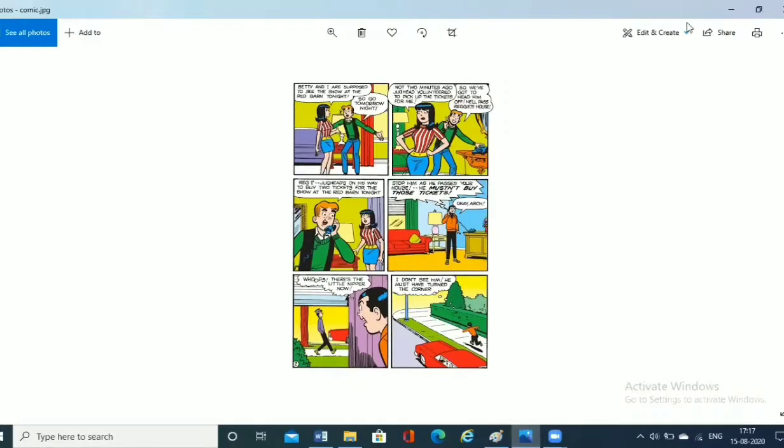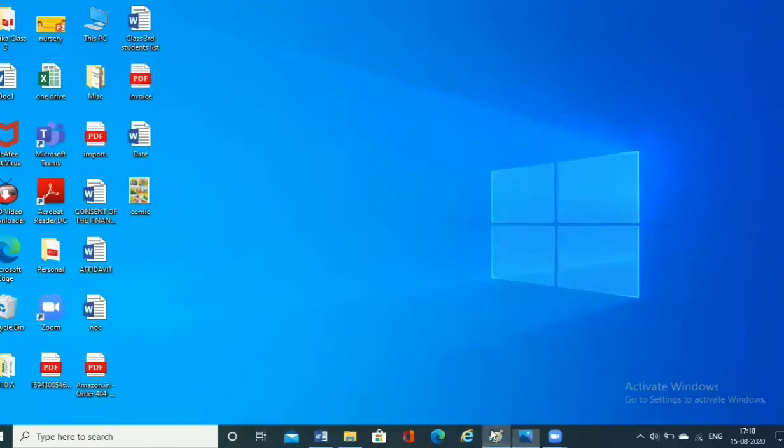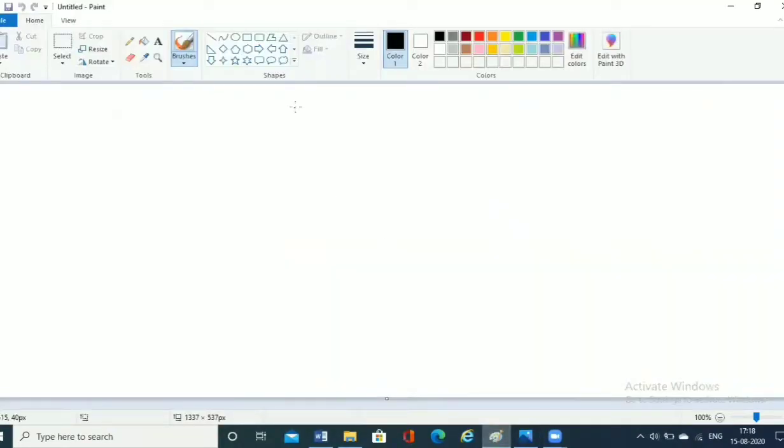Once we talk about MS Paint, in MS Paint there are three types of callout shapes present. How many types? There are three types of callout shapes which are present in MS Paint. We can see here the different shapes: number one is the rounded rectangular shape, the other is the oval callout shape, and the third is the cloud callout. Once again, I will repeat it. First is the rounded rectangular callout shape, the second is the oval callout shape, and the third is the cloud callout shape.